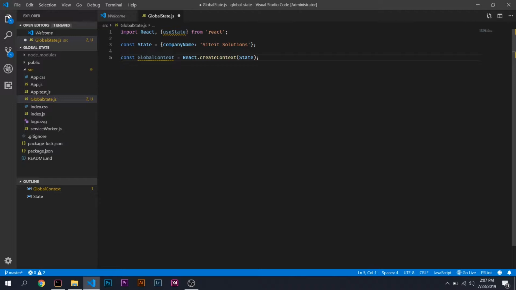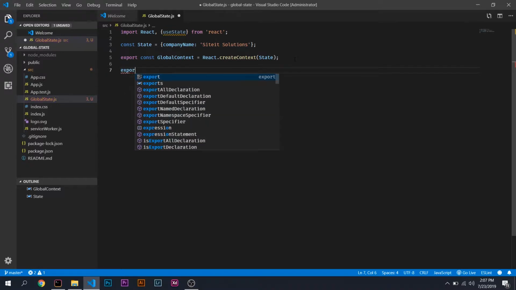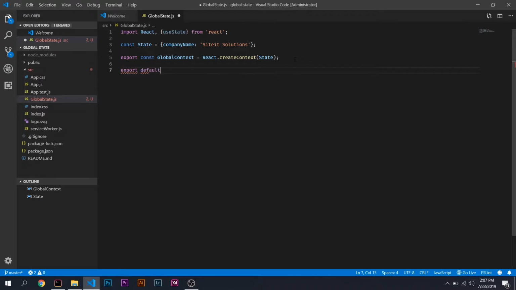And we actually want to export that variable here. So the next thing we're going to do is create an anonymous arrow function, and export it as default at the same time. So instead of doing const blah blah blah anonymous arrow function, we're just going to do export default anonymous arrow function. It just reduces our code a little bit,